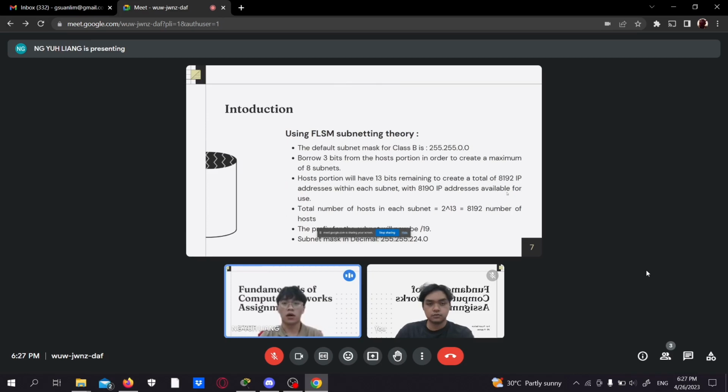According to FLSM theory, the largest amount of hosts that we would need to accommodate is 6,000. So, in order to come up with a suitable subnet mask, we first take 2 to the power of 13, getting 8,192 hosts, then subtract 13 from 32, getting 19. 19 would be the prefix for our subnet mask, and in binary form it would be 11111111.11111111.11100000 followed by 0s,